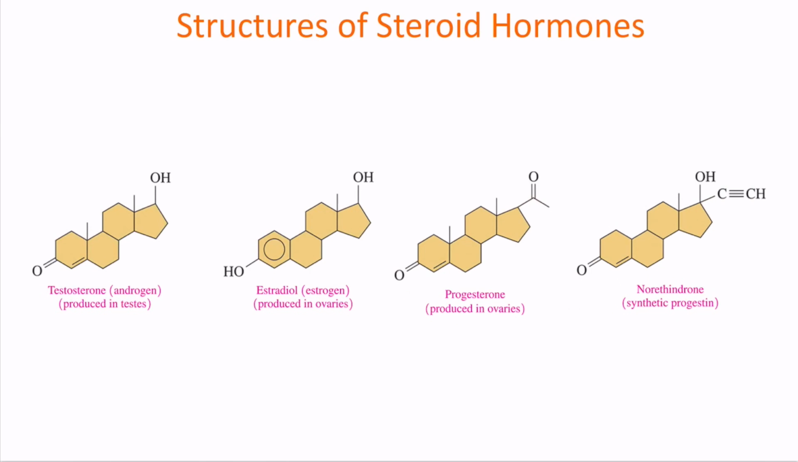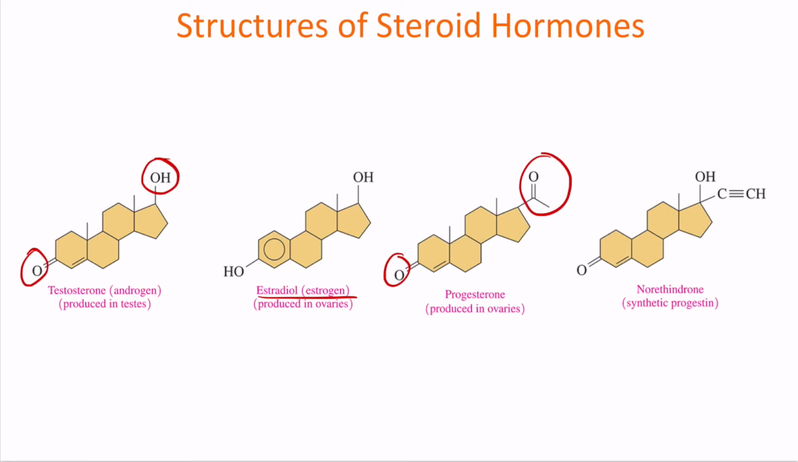So these are the structures of different steroidal hormones. Notice that testosterone and progesterone have similar structures, but they differ in the attached group on the 17th carbon. Here in testosterone, the group that is attached is a hydroxyl group. On progesterone, the group that is attached is a ketone group. Now, estradiol,